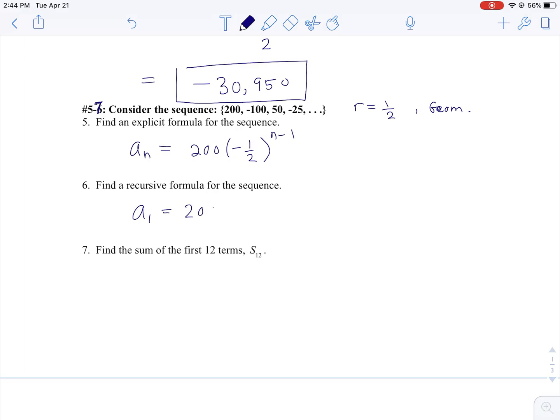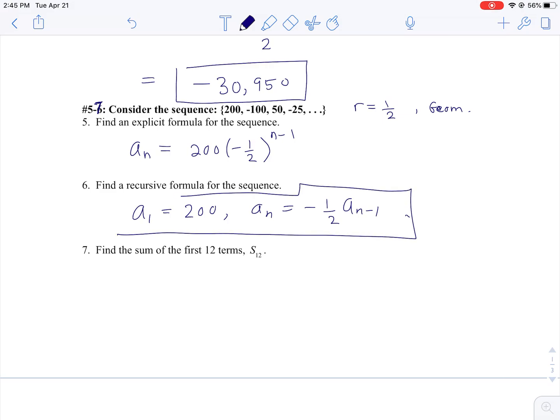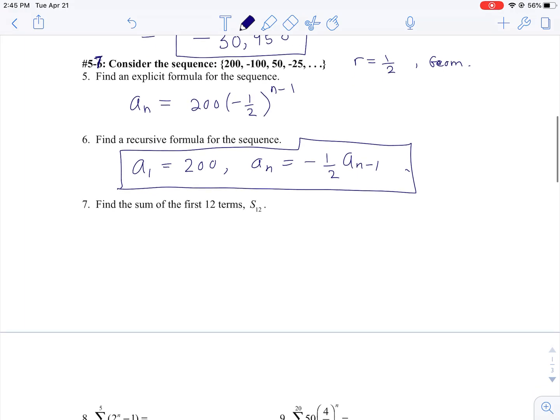Recursively, give it a starting spot. Well, we start at 200. How do we get the nth term? We take the one right before it. That's a sub n minus 1. And we multiply that by -1/2. So I'd probably write this as -1/2 times a sub n minus 1. There it is. And if I want to add up the first 12 terms,